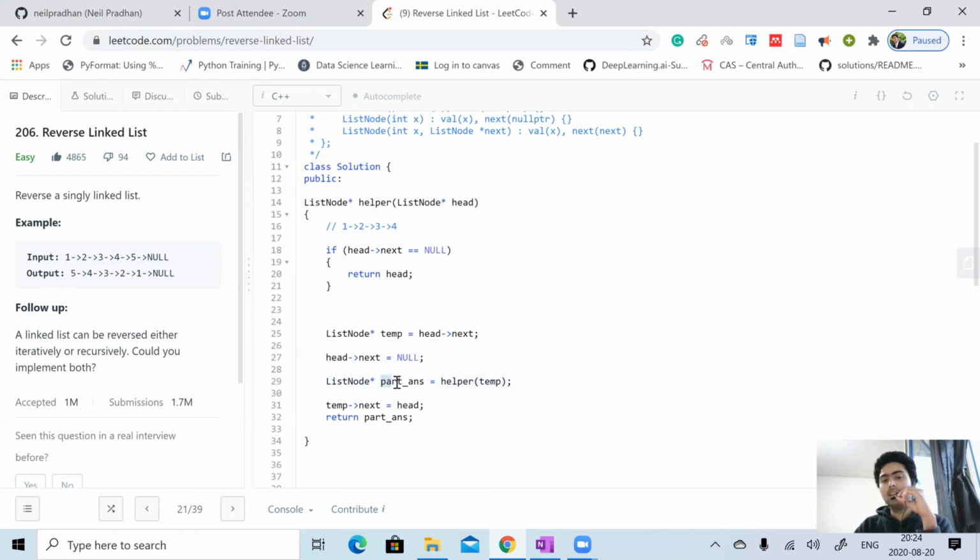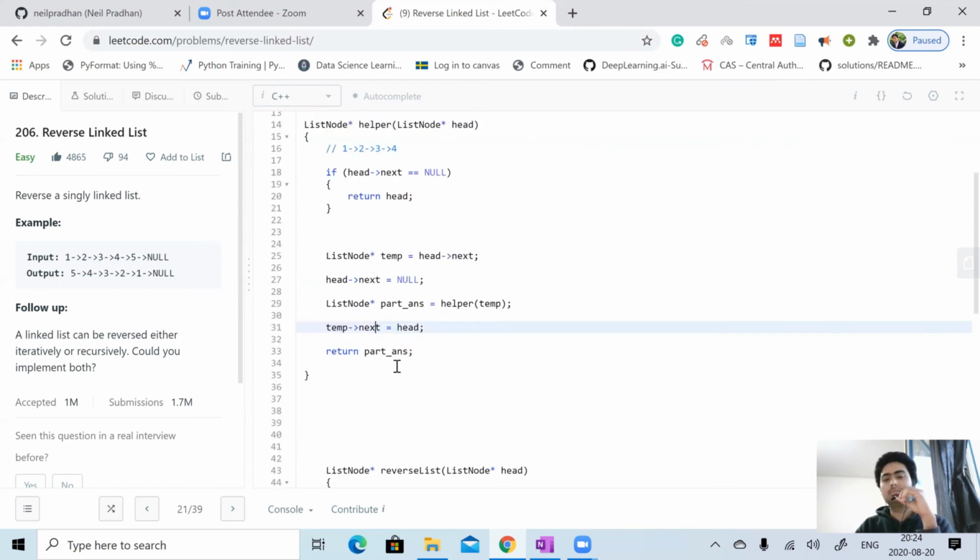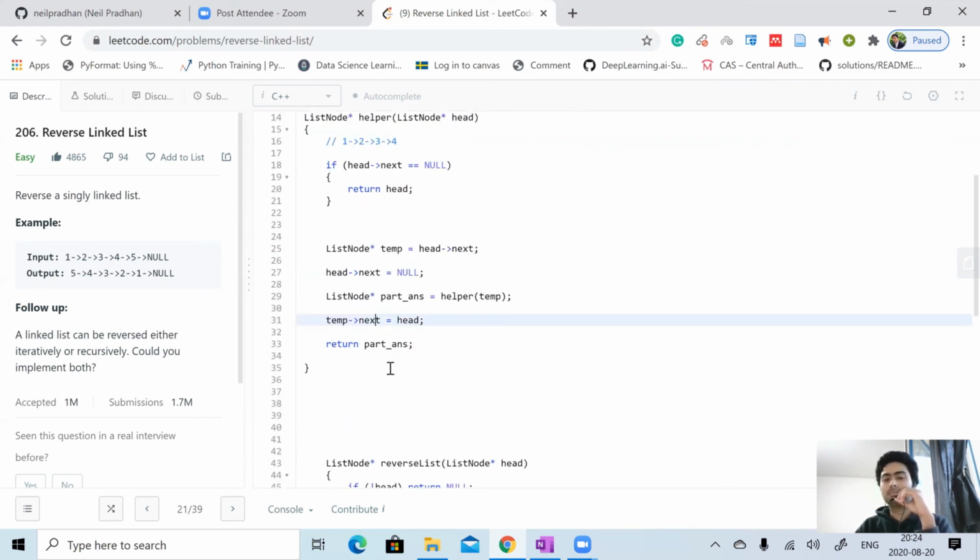Then we have the part answer here. Now the part answer will reverse this for us, but we have the temp pointer, and then we do temp dot next is head. We don't do anything with the part answer. This is very important. We do temp dot next is head, and then we return part answer, and that's all.